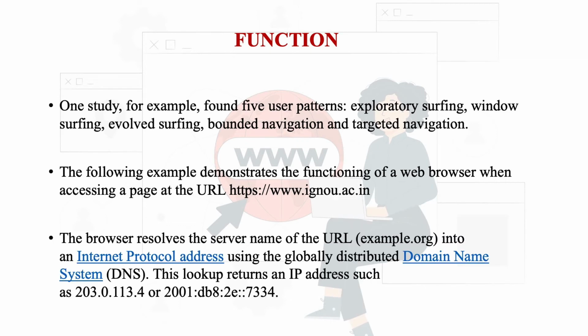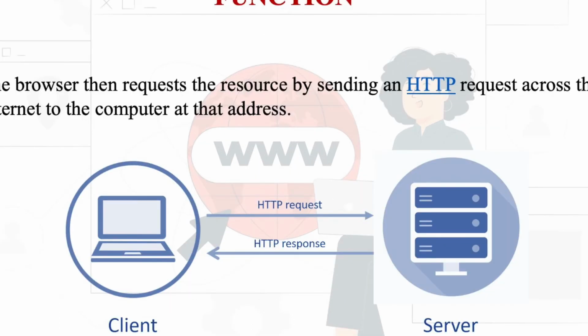www.igno.ac.in. The browser resolves the server name of the URL into an Internet Protocol address using the globally distributed domain name system. This lookup returns an IP address such as 203.0.113.4 or 2001:db8:2e:7334. The browser then requests the resource by sending an HTTP request across the internet to the computer at that